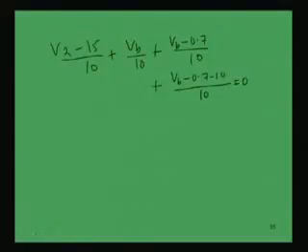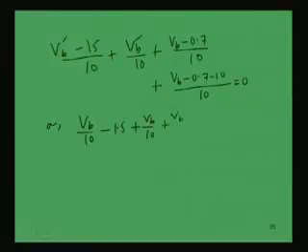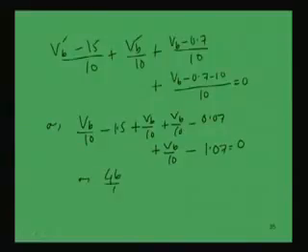So, here you see only 1. Now here only one unknown is there, which is V B. So, now we can very easily solve this. It will be further simplified: V B by 10 minus 1.5 plus V B by 10 plus V B by 10 minus 0.07 plus V B by 10 minus, that is 10.7 by 10 is 1.07, that is equal to 0. So, I get 1, 2, 3, 4 V B by 10, and the other side if we do